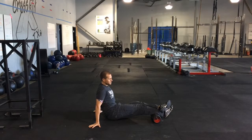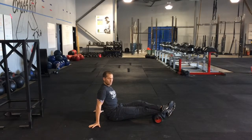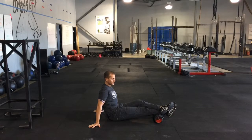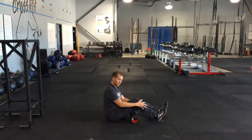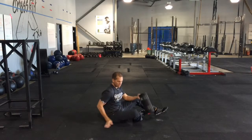You can search the inside and the outside, just trying to identify a tender spot. If you find a tender spot, you're going to stop and hold. And if you would like more info on this particular calf release, you can always look at Trigger Point Performance Therapy's website or their YouTube channel where they'll cover this in more detail. After you do this on both sides, or on both legs for the calves, the next one we're going to